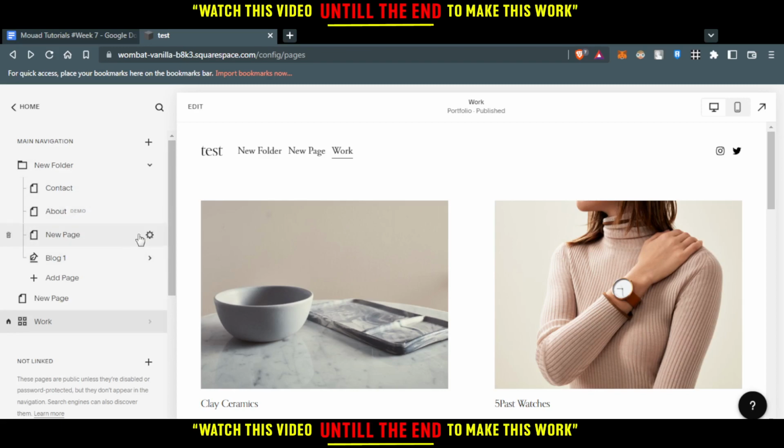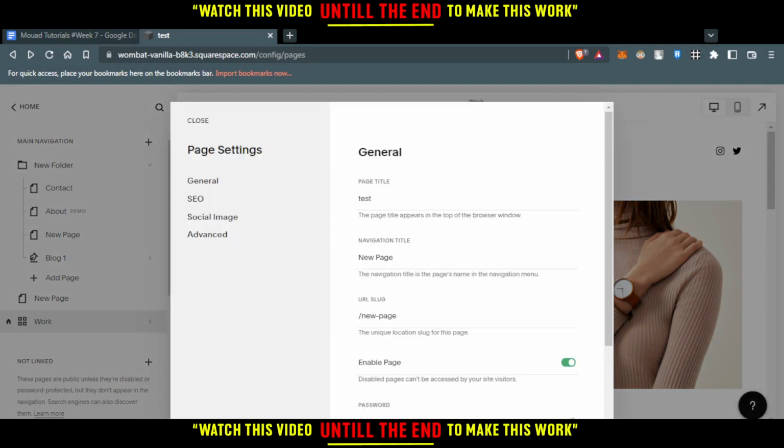to one of them here. So let's say as an example, this new page, just click on the settings icon here. And all I need to do now,